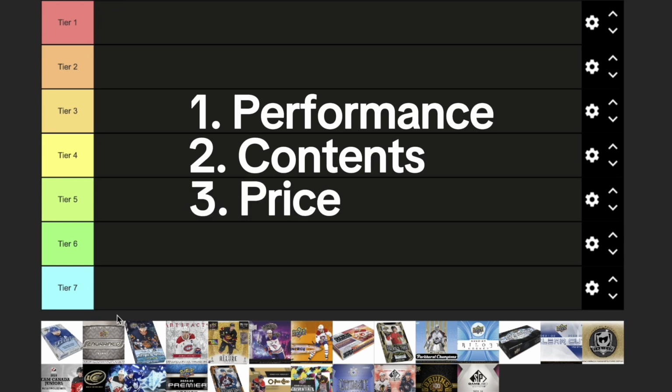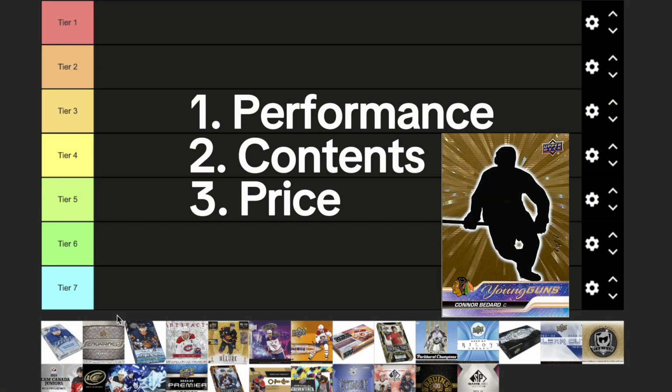This list is going to be a little bit different than years past because the main factor is going to be the performance of the product. We know the price of these products has gone up a ton with the Bedard Hunt. That being said, we're going to take into account the price increase and the risk versus reward for each of